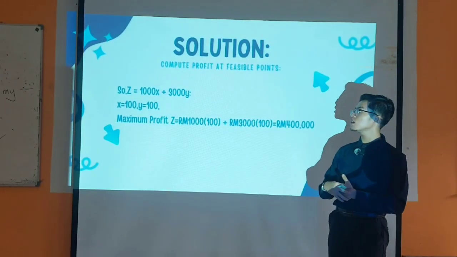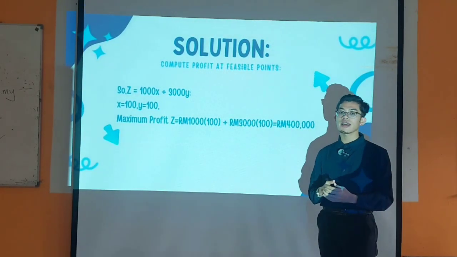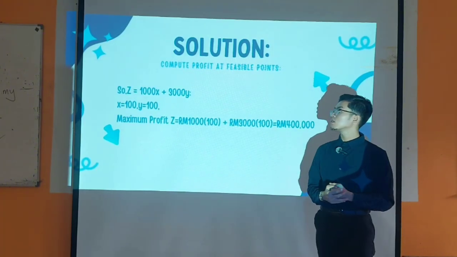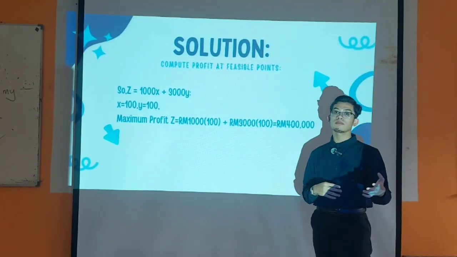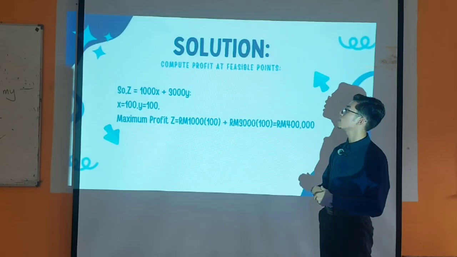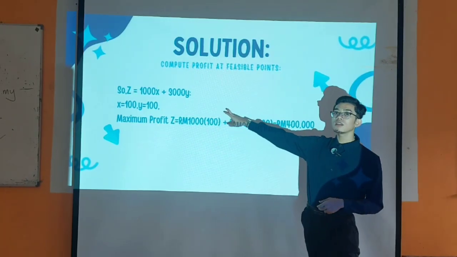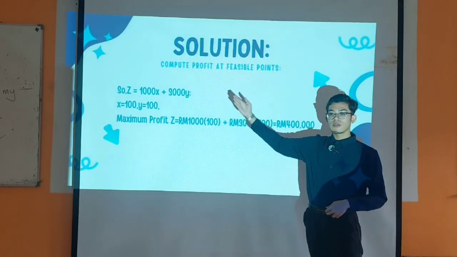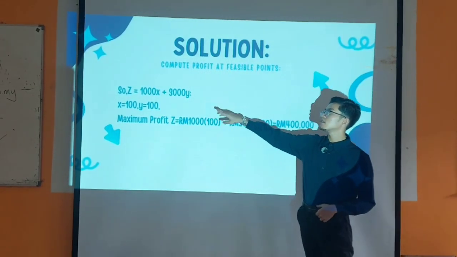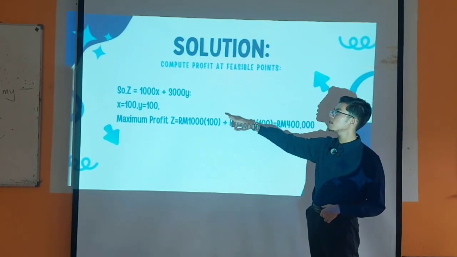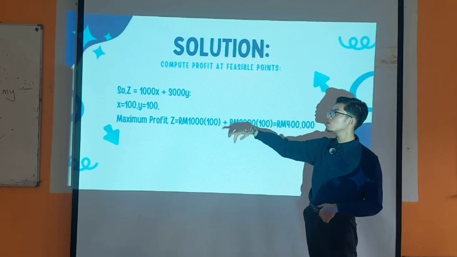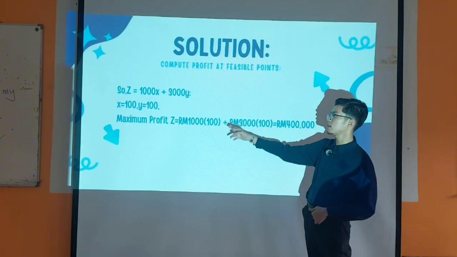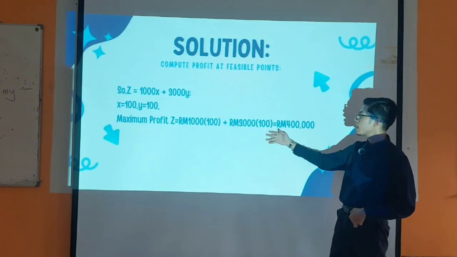So after we know the point that satisfies all the policy, we can get the maximized profit from it. We will be using the formula from the objective function that we got from the previous slide, which is z equals 1000x plus 3000y. So we substitute x equals 100 and y equals 100. The maximum profit that we get is